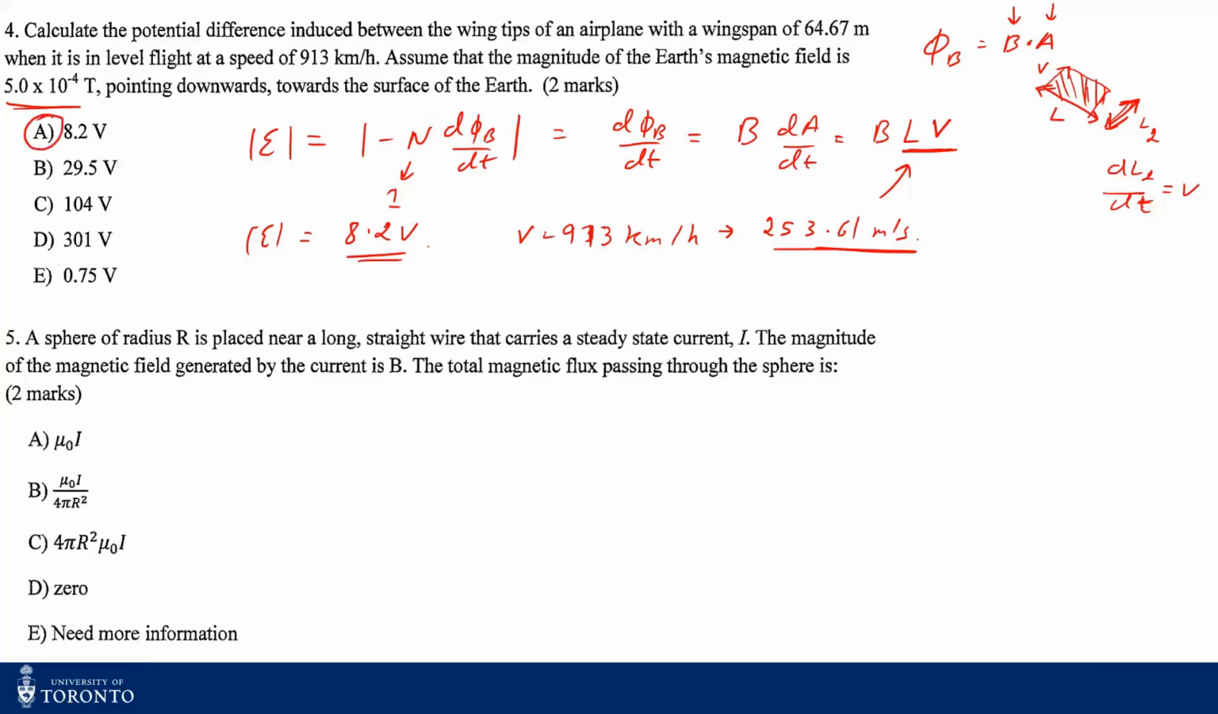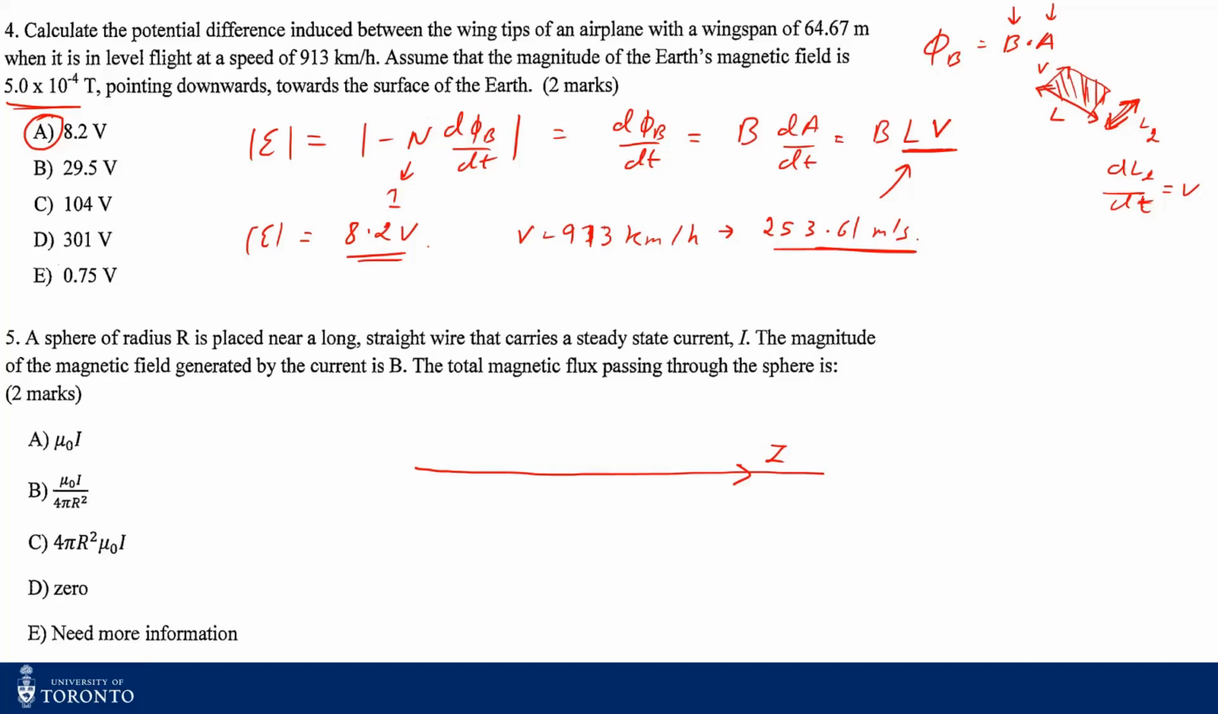Now for part number 5, it is given that you have a steady state current. So basically you have a DC current flowing through a long straight wire, right? So you have a steady current, let's say this is a wire, and the current I is flowing through it. Now this will have a magnetic field. The direction of the magnetic field will be given by the right hand grip rule, and what they have asked you,